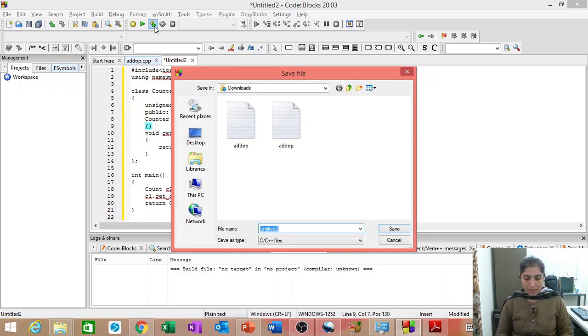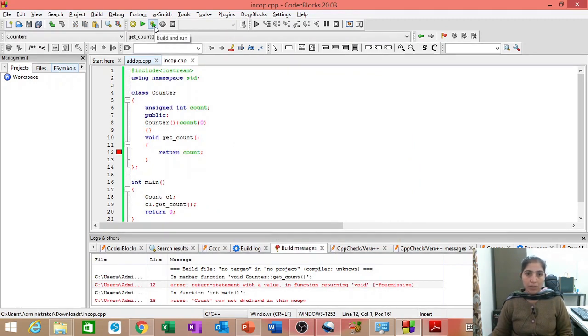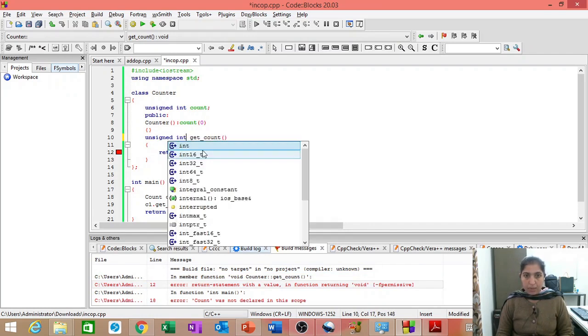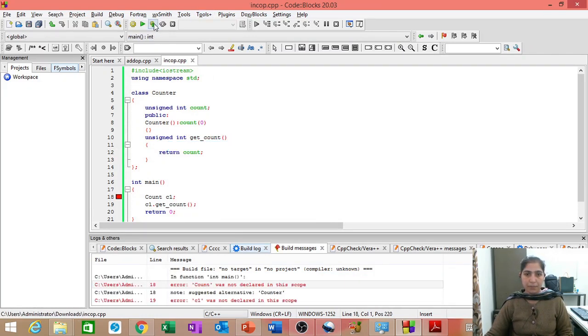Let us save it. There is an error. Returning void. Okay, it should not be void. It should be unsigned int get count. Okay. Here again we have an error.